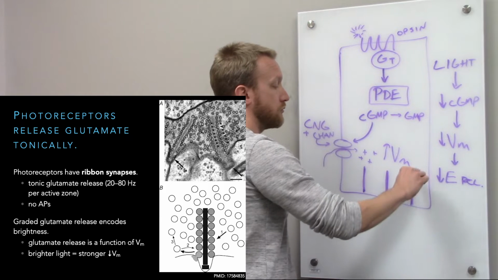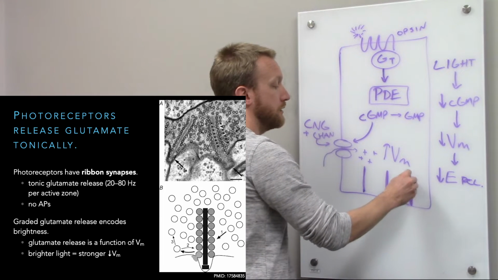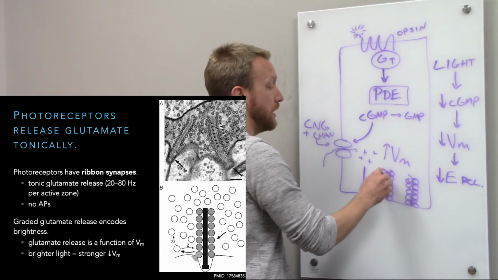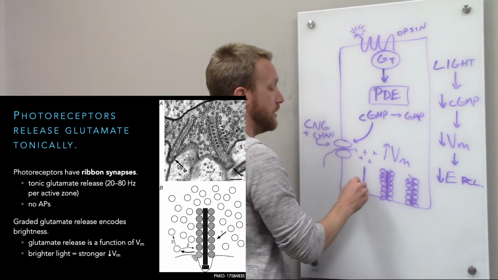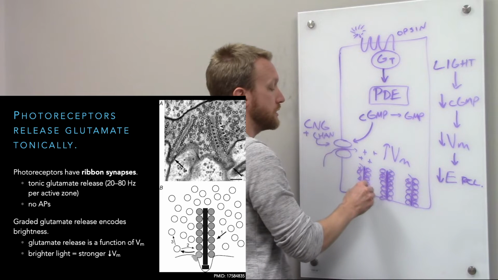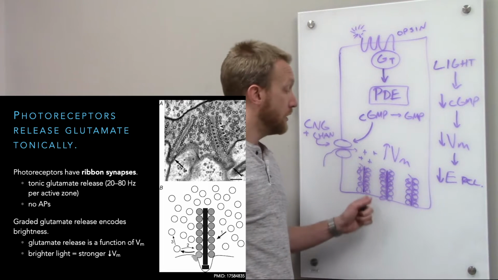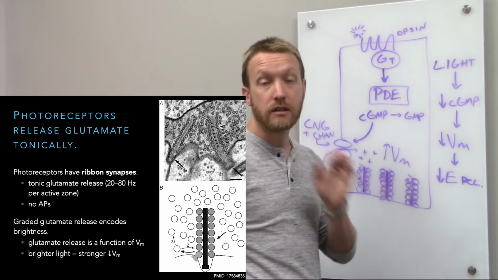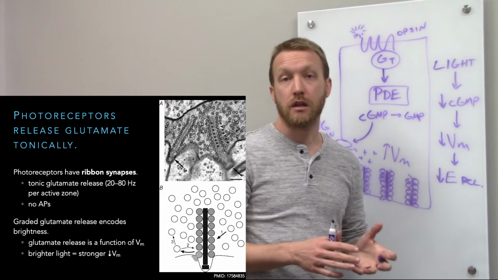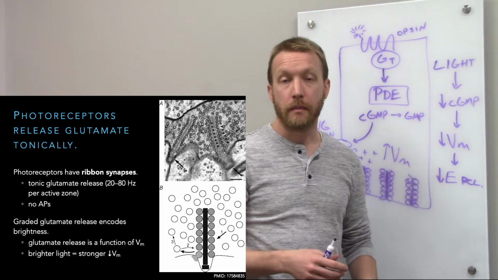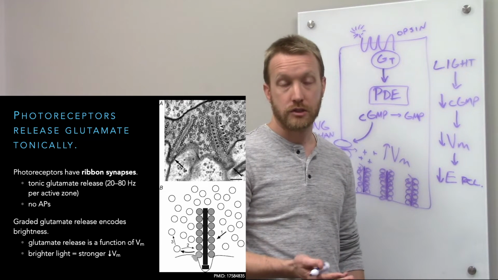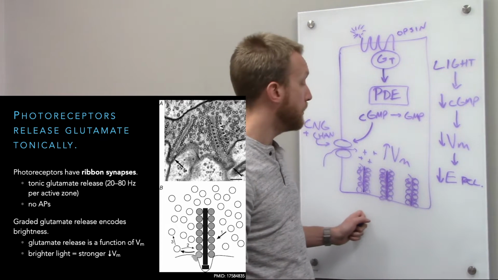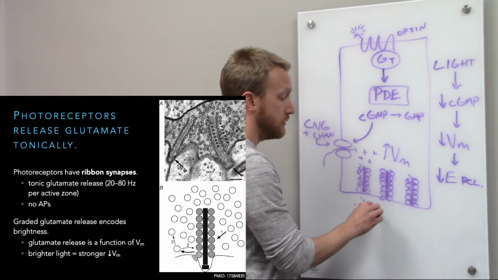So photoreceptors have those ribbon synapses, just like we find in the inner ear. So those hair cells can always spit out glutamate and keep us informed about sounds and head position. So too can photoreceptors always tell us what we see. So they have these ribbon synapses that increase the readily releasable pool and allow them to keep up with the fairly high rate of glutamate release. About 20 to 80 or so vesicles being fused per second. So we would quickly run out without a good old ribbon synapse, increasing the size of our readily releasable pool. So normally we're just constantly spitting out glutamate